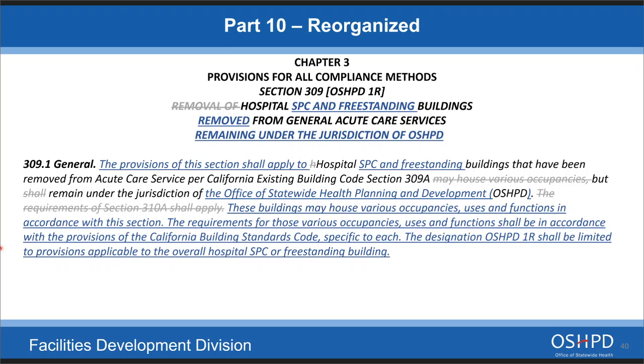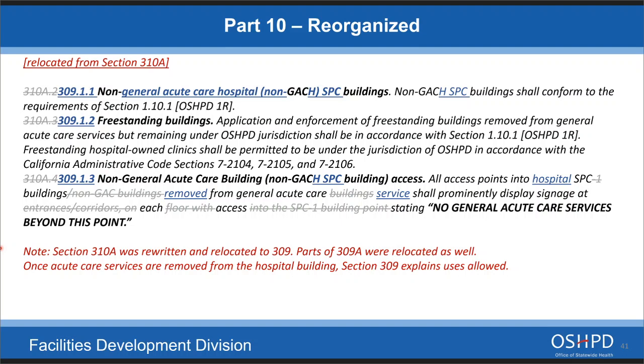And basically that's what all of this language says. Designation OSHPD 1R shall be limited to provisions applicable to the overall hospital SPC and freestanding building. As I mentioned at the very beginning, the 1R is a building type and not applied to the occupancy. This also has been relocated from section 310A, moving it into the 309 section, basically states that a general acute care hospital shall conform with the requirements of 1.10.1, which is now a 1R building. It also states what qualifies as a freestanding building, as well as